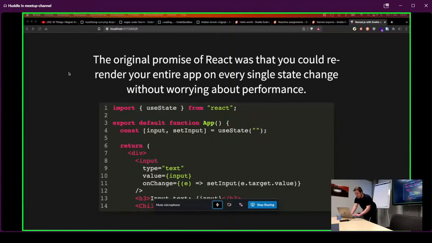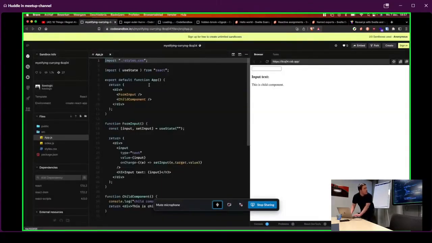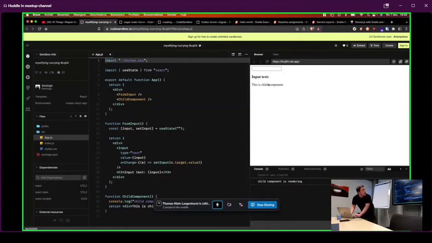So to go into a little more detail, take for example this simple React application before optimizing. What the virtual DOM basically does is compare every single state change to what has happened, and it does so from the component that gets changed and renders everything down from there. In this example, I could, with every keystroke,